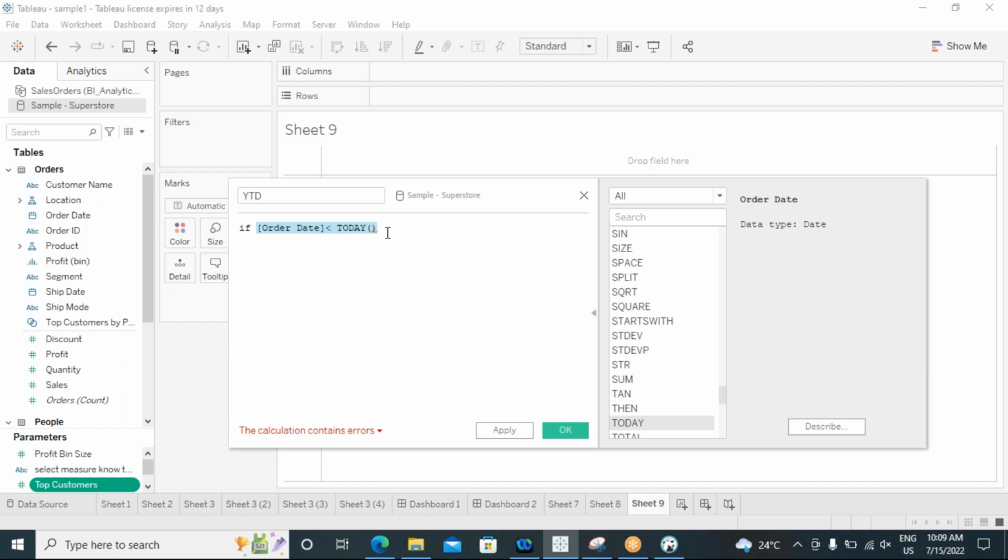Next, we can write one more condition here. So year function we have it, right? Year of order date is equal to year